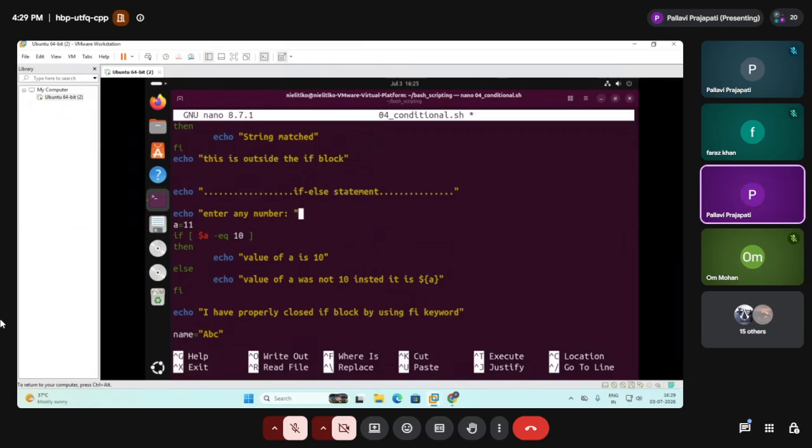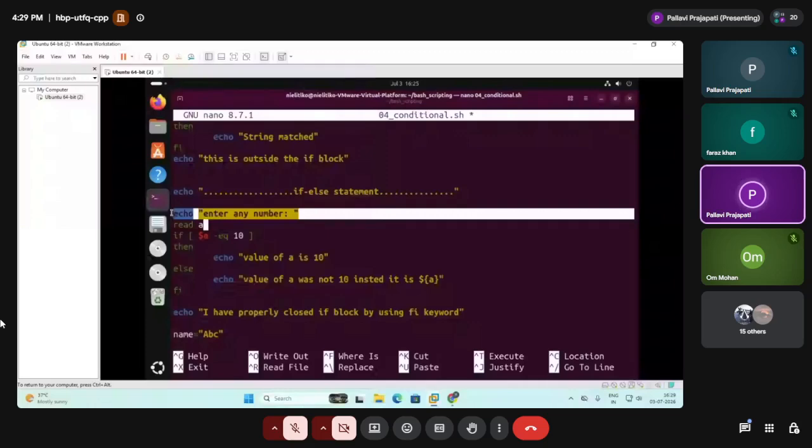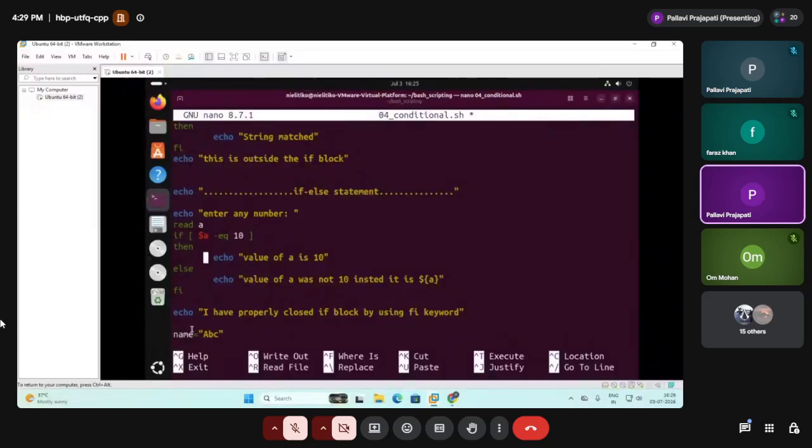Okay, and here I will write read a. Okay, read a means I am taking the input from the user. Okay, so in this way, if you want to print message, then you will use echo here if you are not using hyphen p option. And here for this second case, I will use hyphen p. Okay,